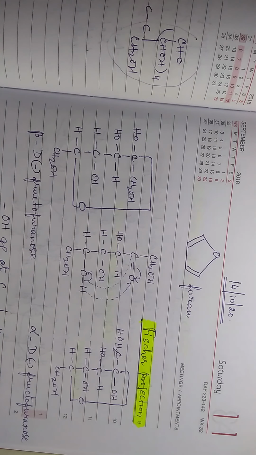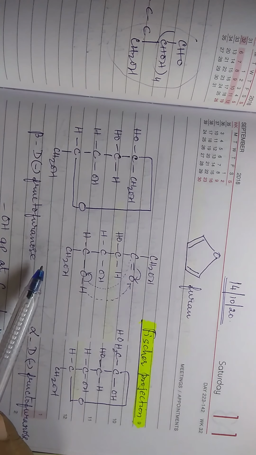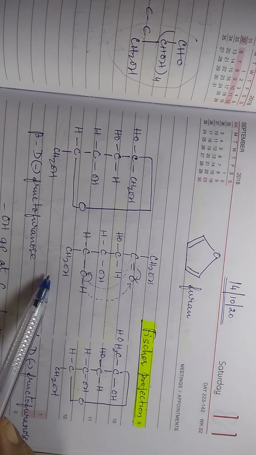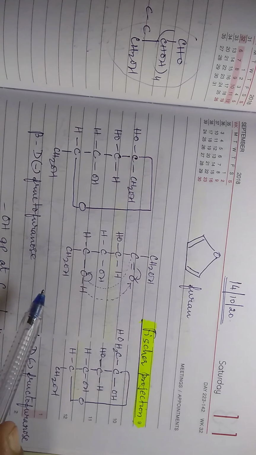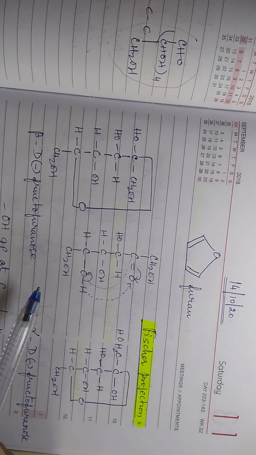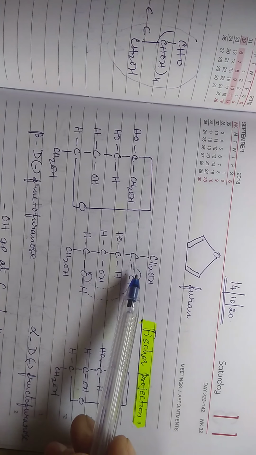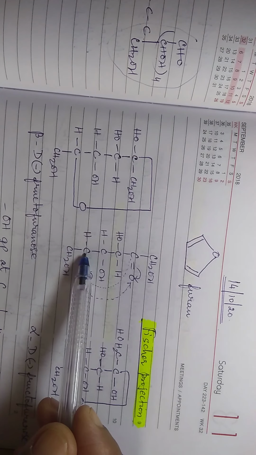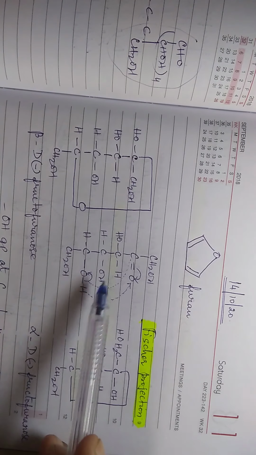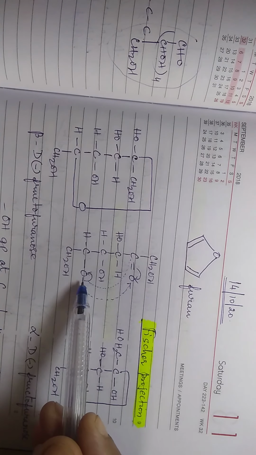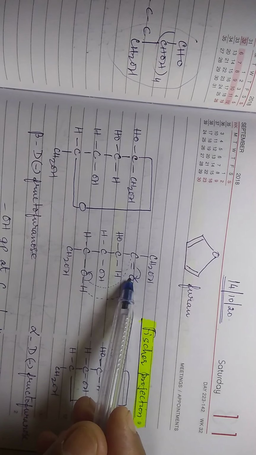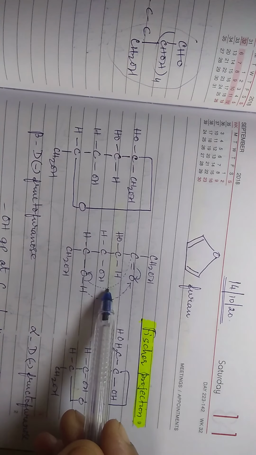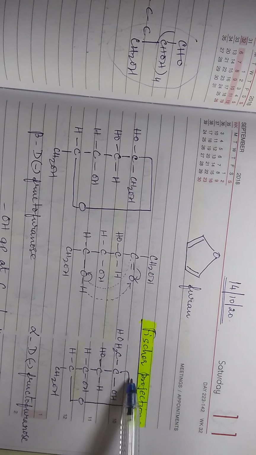Now this fructose, this is the open structure, right? Now how does the rearrangement take place with this open structure, and how is a ring structure formed? Just like glucose, we saw the ring structure. In the same way, fructose also has a ring structure. That ring structure is formed by linking the second carbon with the fifth carbon. When you link these two, by the same principle, OH polarizes. Now this H plus will go towards the carbonyl oxygen, and this O will now link itself to this carbon. This is what I have shown.